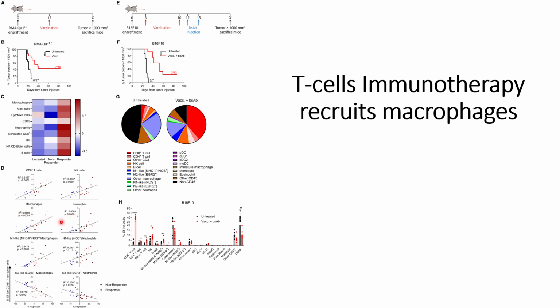Within the macrophages and neutrophils, they wanted to check which subset populations show positive correlations. When they checked the M1 type macrophages, they saw positive correlations, whereas in the case of M2 type macrophages they saw negative correlations. They found similar correlations for neutrophils: N1 type neutrophils have positive correlations, whereas N2 type neutrophils have negative correlations. So after validating the positive correlations between T-cell immunotherapy and immune cell recruitment at the site of tumor,